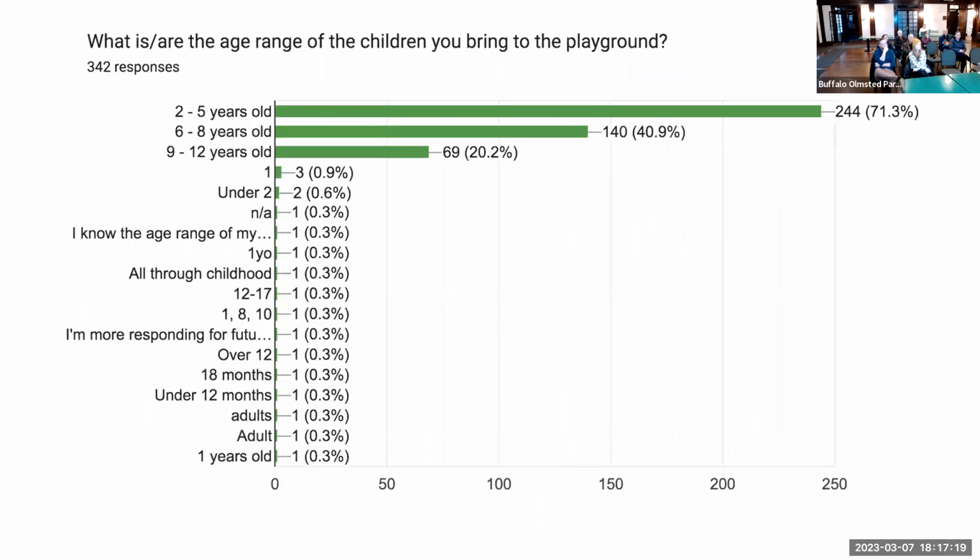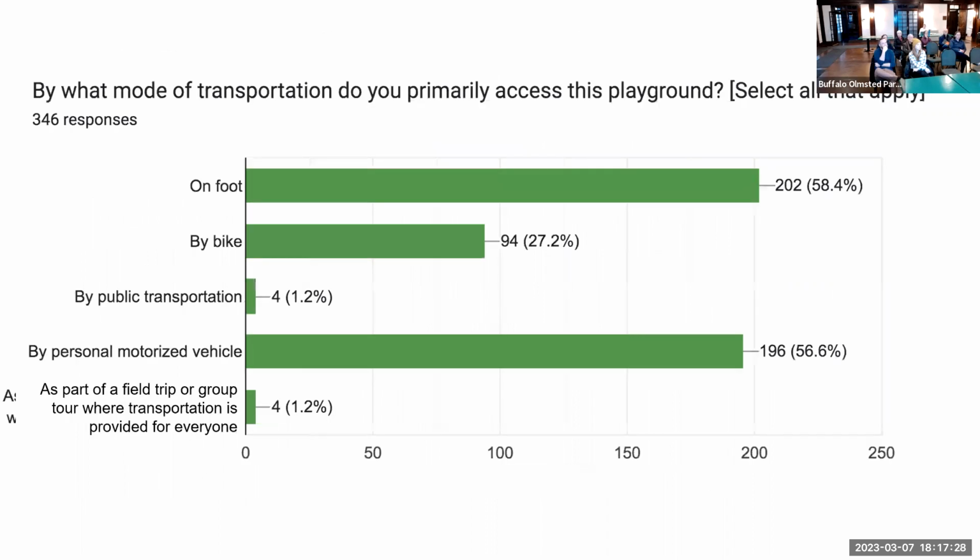And then the quantitative responses: the age groups that were largely visiting the playground are the top 3 over there. Mode of transportation, I thought it was interesting to know. Most people come by foot, so hopefully you live close by or you love walking from wherever you come from. And then cars as well. Taking that into account is important because we have to consider where you park when you come to the playground, making sure that there's ADA accessible parking for those who are coming to this inclusive